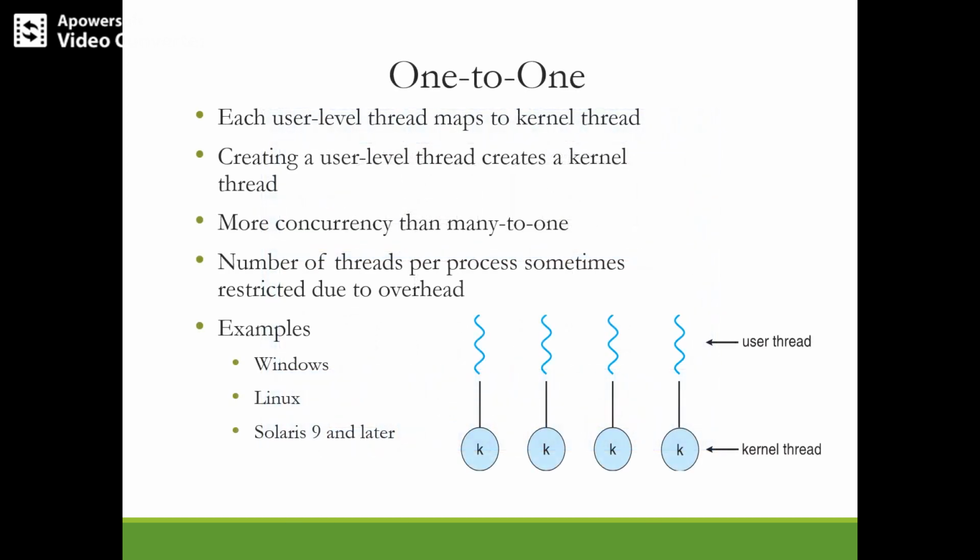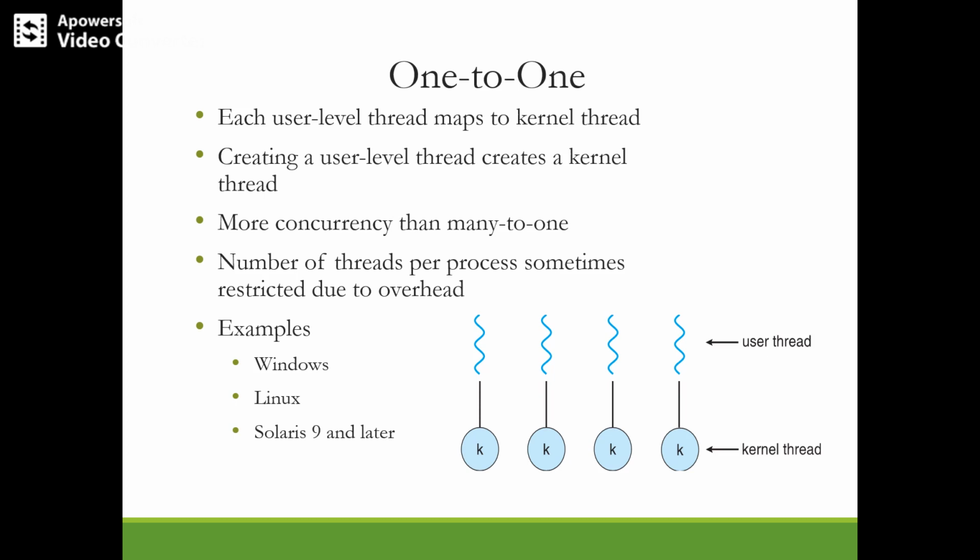So the next kind of multi-threading model is the one-to-one model. In this model, one user level thread is mapped to one kernel thread. So if there are three user threads, then the system creates three separate kernel threads. This provides more concurrency because of the separate threads. And in this method, the operating system allocates the data structures that represent the kernel threads. The benefit is that multiple threads can run in parallel on multiprocessor systems.